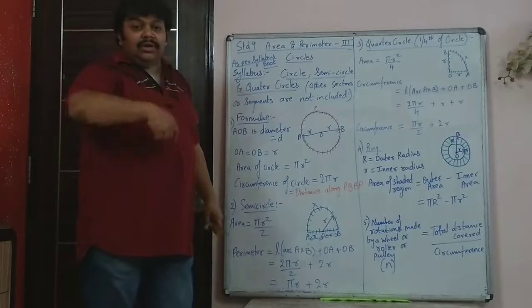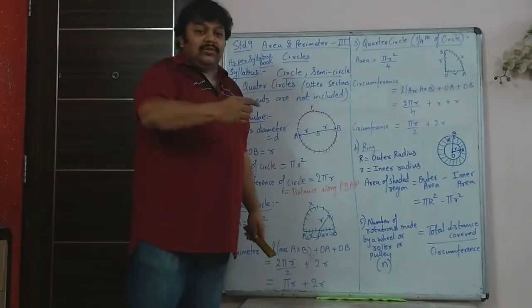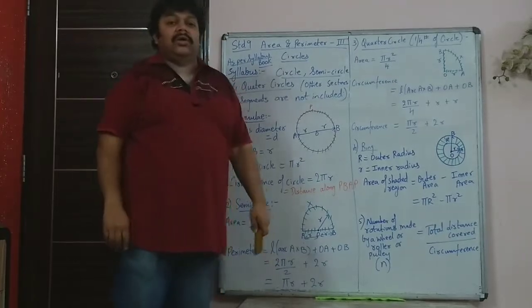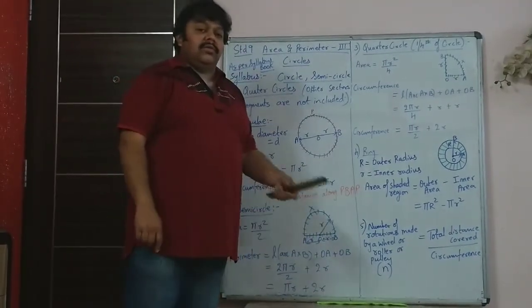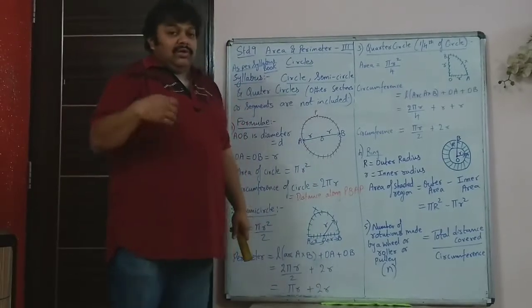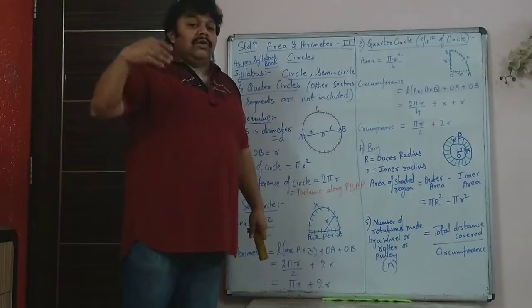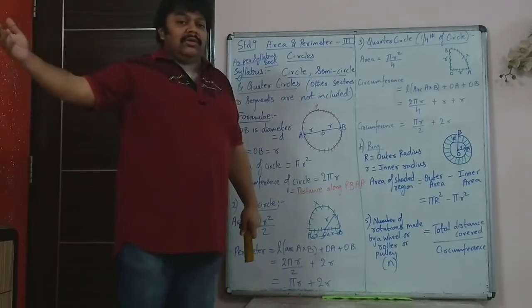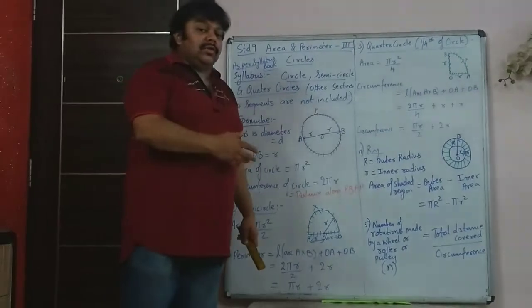Now you have a wheel, a car's wheel rotating. How many rotations has it made? They give you the total distance covered in kilometer, and maybe the radius of the wheel is given in centimeter. First thing you have to note is that you convert both to the same units. You will have to convert kilometer to meter and then centimeter, because the radius of the wheel is in centimeter.